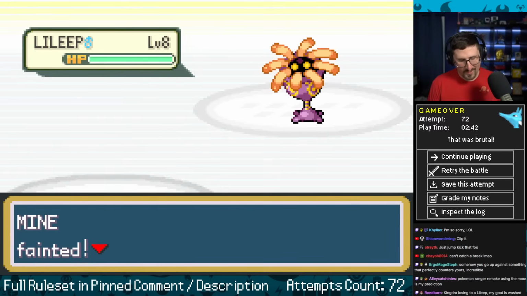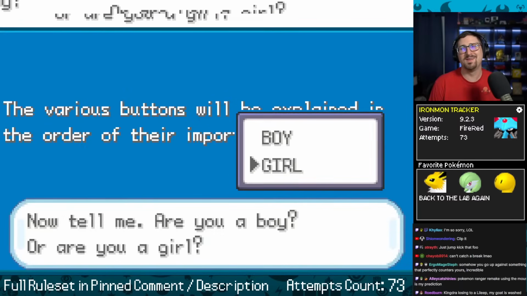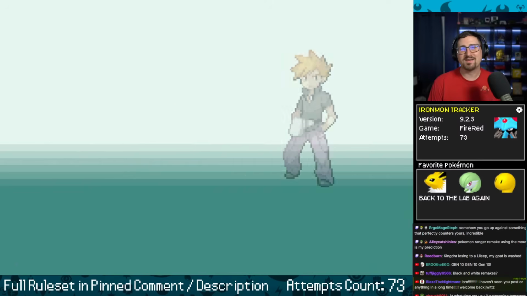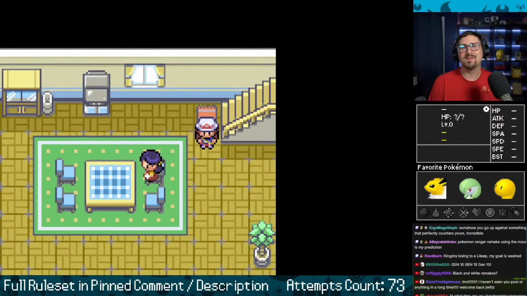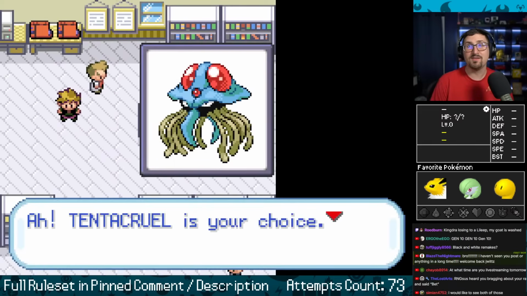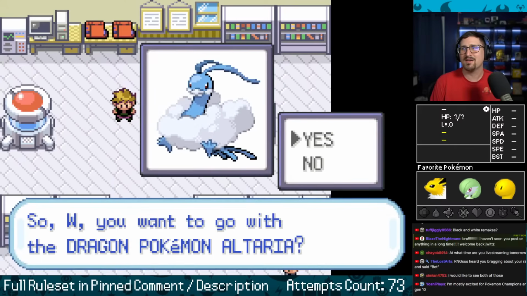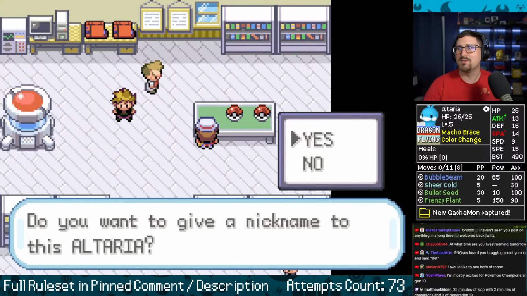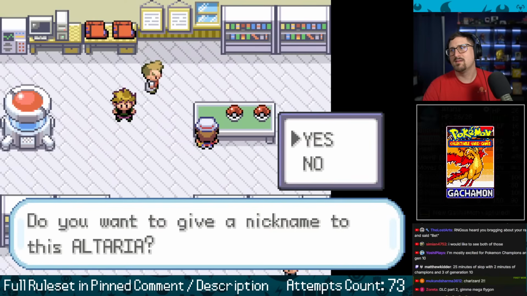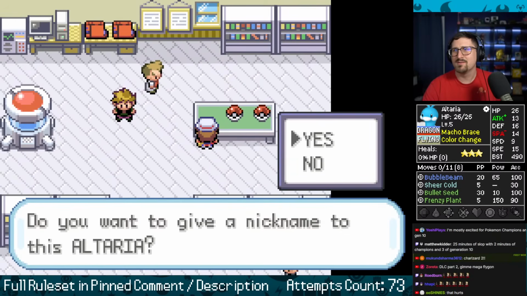Oh, so disappointed. What would that have hit for if it... Oh, we'll never know. That Kingdra had really good stats, too. Pretty good, anyway. And Kingdra is just a good mon. Leafstone. I did an insane Leafstone pivot once. Tentacruel's going to body bag us unless we get a legendary or something to escape. Okay, Altaria, sure. Sure, this could be a good duel. Oh, all special? My special attack is not great. Not bad, but it's not great. Still stuff that we can hit Tentacruel with? Sure.